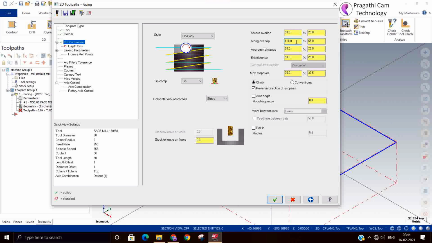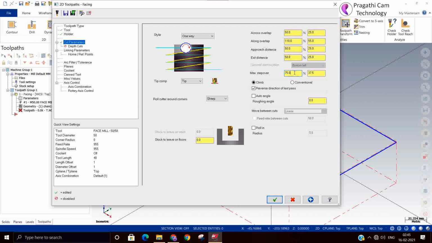Along overlap is 110, which means the entire tool diameter comes out of the stock and re-engages. Approach distance is 150 percentage; as 50 is the diameter, it will start at 75. Adding these two, it will enter 75 mm distance, and similarly it will exit the same distance.